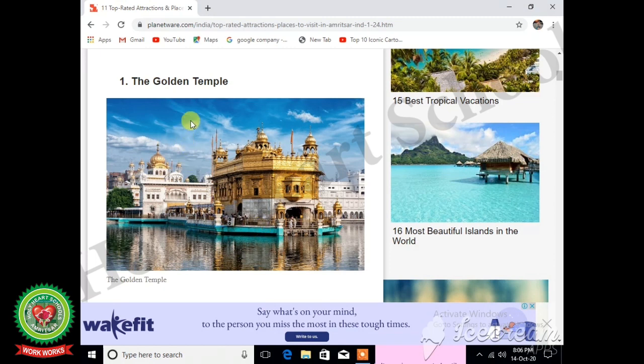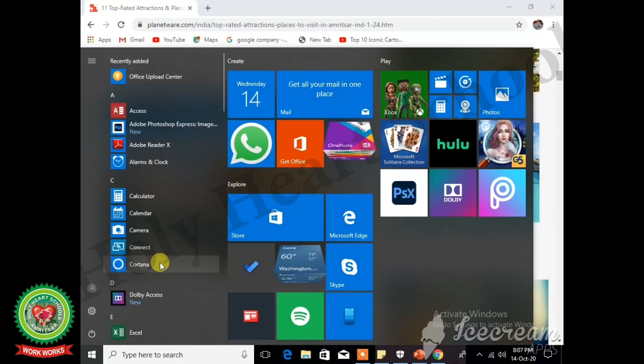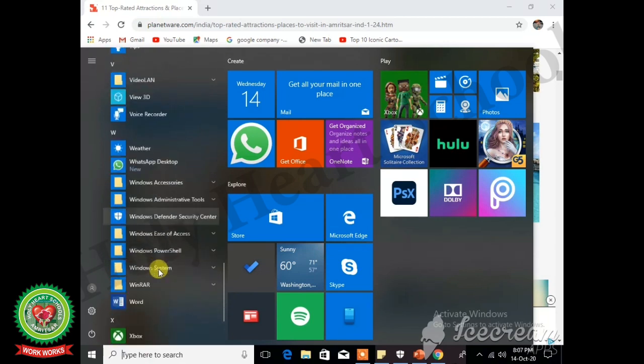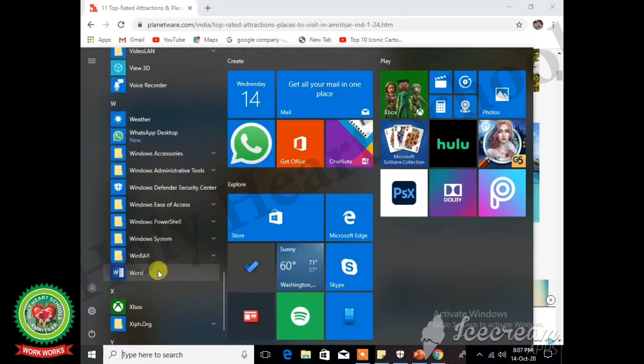Now students, I want to insert this text and picture in my Word document because I have to make a Word document of it. Now we will press print screen key from the keyboard. Now we will open Microsoft Word by clicking on Start button and click on Word 2016.